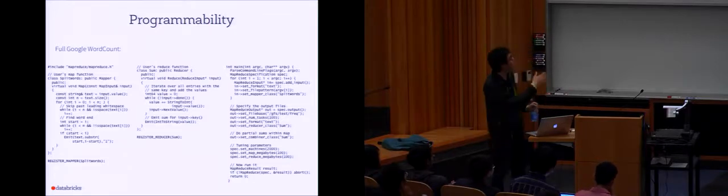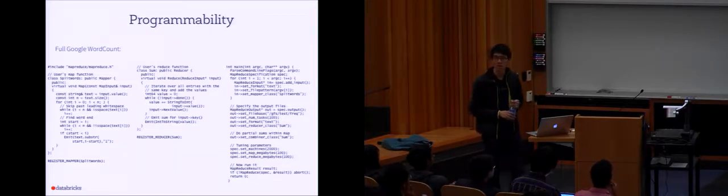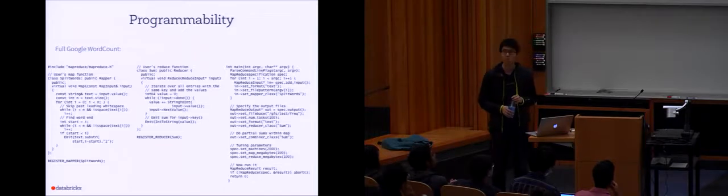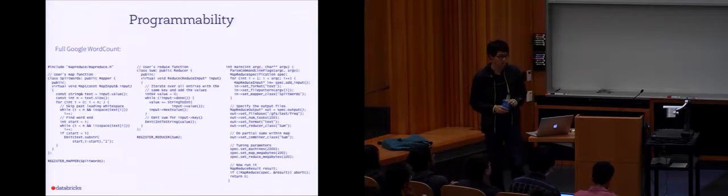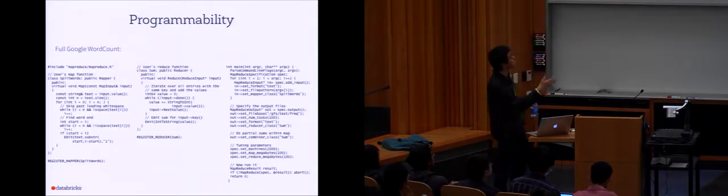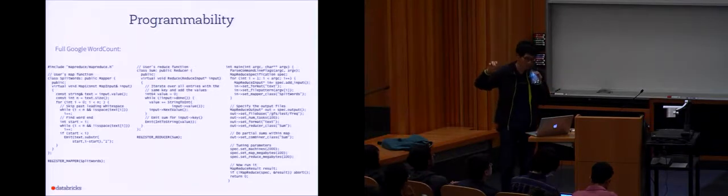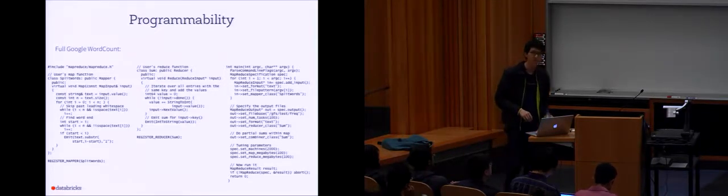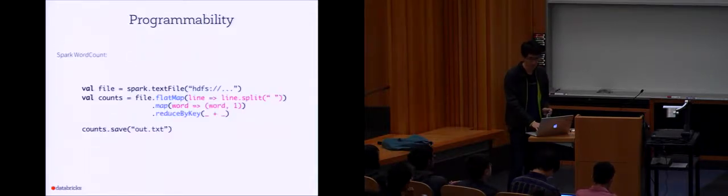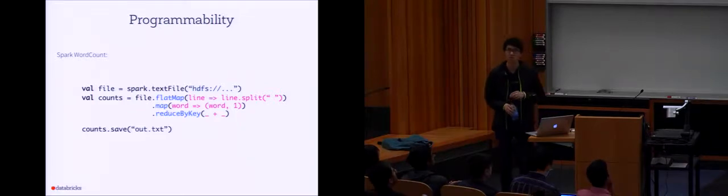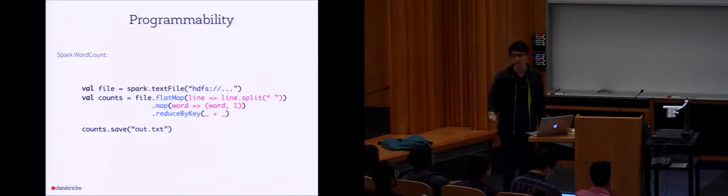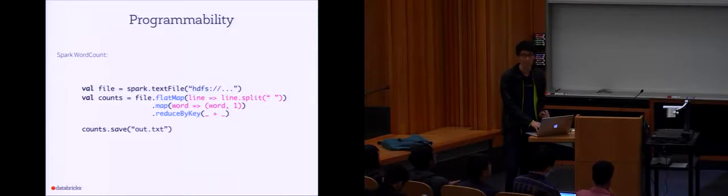So this is what Google's C++ API for MapReduce looks like. It's just taken straight from the Google paper. In reality, the Hadoop one's slightly more complicated than this because of more imports you have to put. This is how we run a word count, and it's kind of long. And as you all have seen, this is how you run word count in Spark in about 4 or 5 lines of code. If you use Java, it's going to be slightly longer. If you use Python, it's about the same. So it's actually resulted in a much more substantial improvement in programmability.